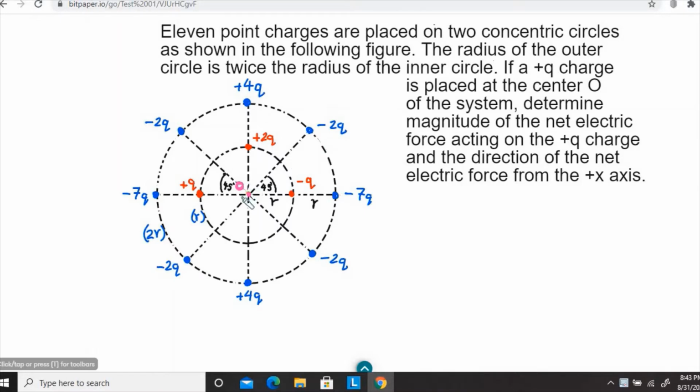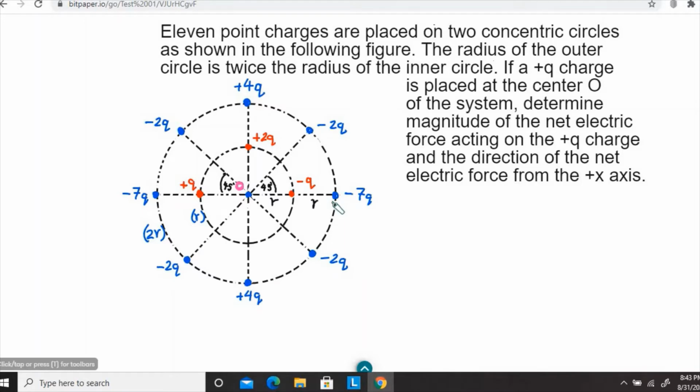If a plus q charge is placed at the center of this concentric circle, we want to find the magnitude of the net electric force acting on that charge due to all these 11 point charges, as well as the direction of that net electric force relative to